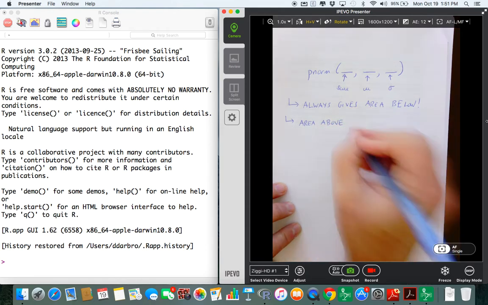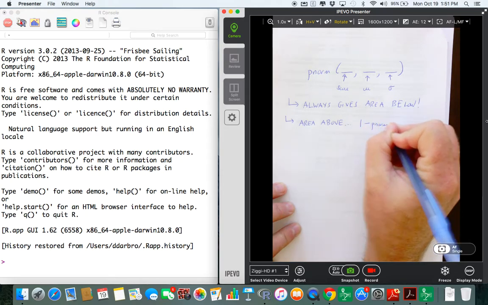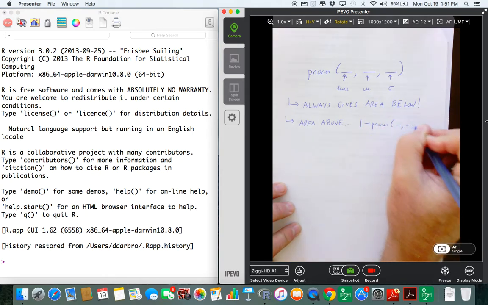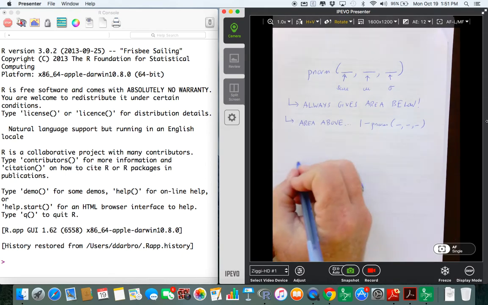If you want area above, then you have to go 1 minus P norm of the score you're given, the mean, and the standard deviation. I'm going to illustrate that in just a second. All right, Q norm